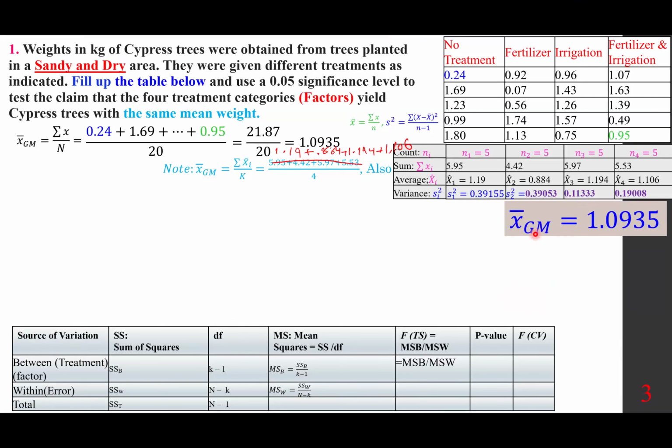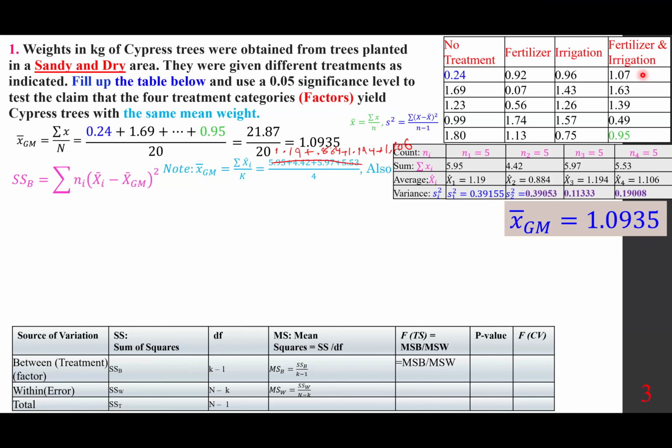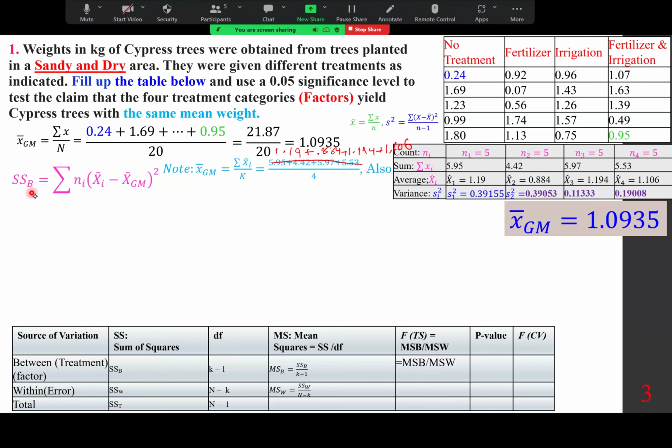All right. So the grand mean is calculated to be this number. And we have 1, 2, 3, 4 categories. K is 4, 4 minus 1 is 3, and n minus k is 20 minus 4. We're going to discuss that in a moment. Let's look at the SSB,